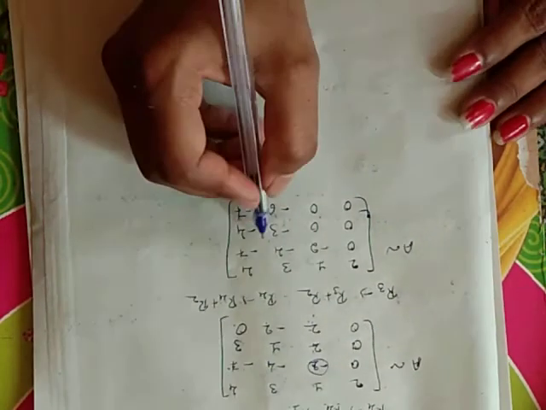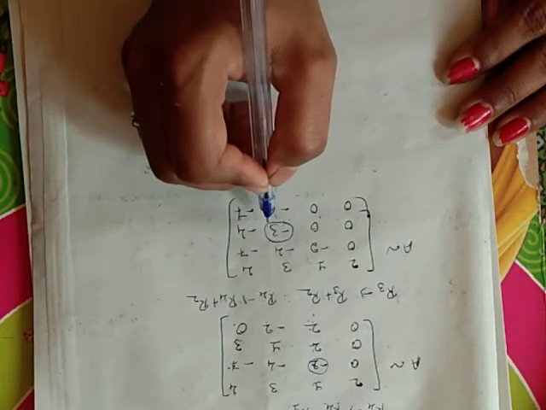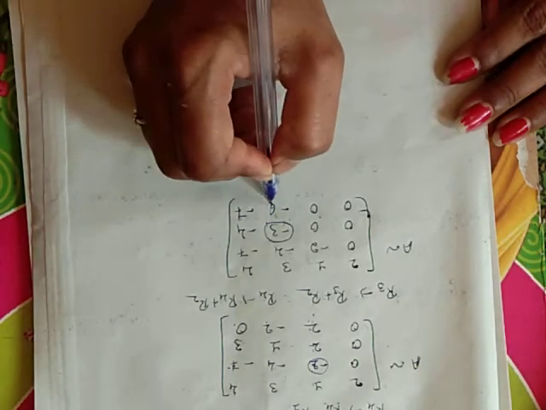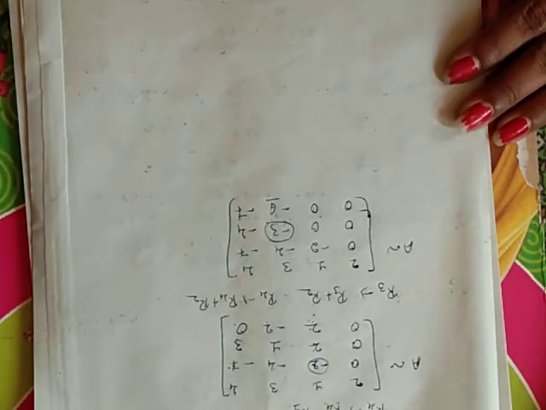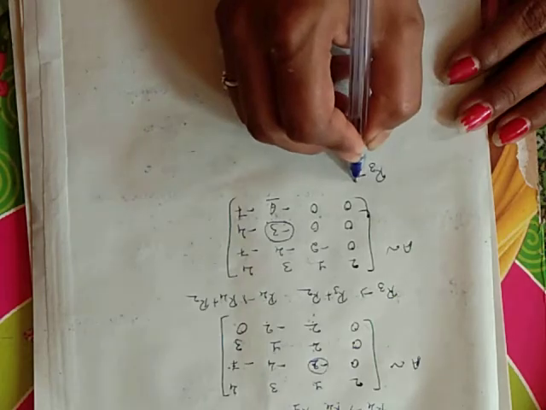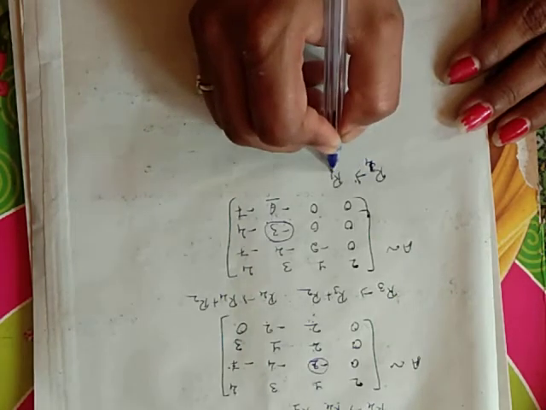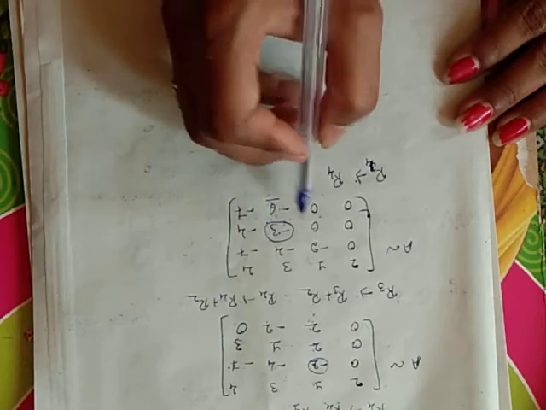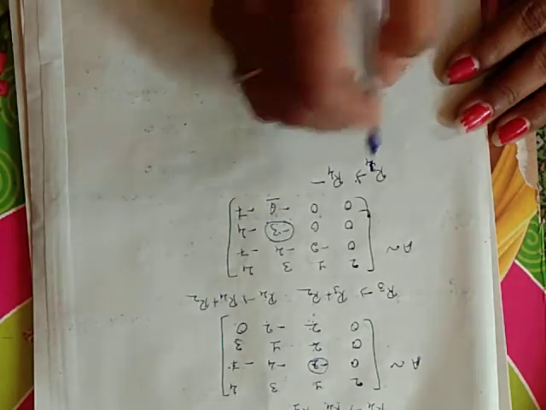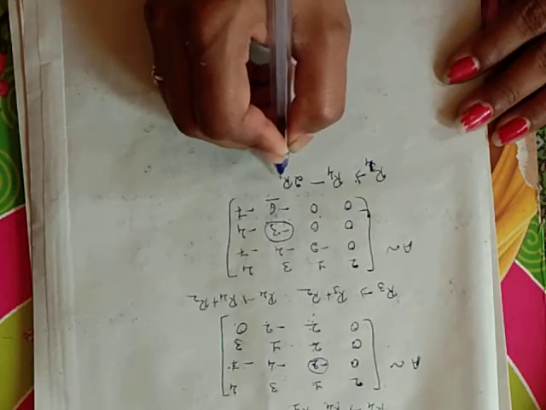Now, using the third element of the third row as a leading entry, you have to make the element below it 0. So you have to convert this minus 6 to 0, so your transformation is R4 tends to R4 minus 2 into R3, both having the same sign, so take a subtraction.